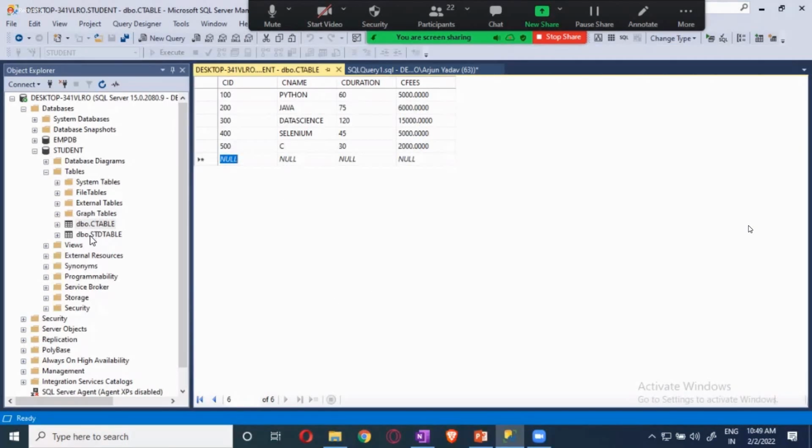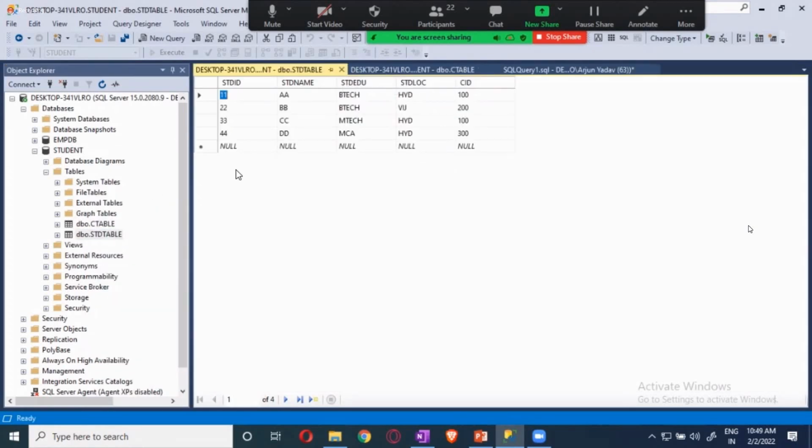Now let's go to the student. Okay, in this I want to enter some more. We are having 4 students. Now I will give it as 5, and E, and he may be B.Tech and maybe Vizag, and he's doing 3. Now like 6, F and BSc, and here maybe Hyderabad, and they are taking around Python. Just say that Python is 100. So like this I have given.